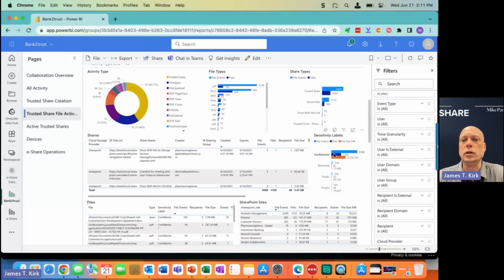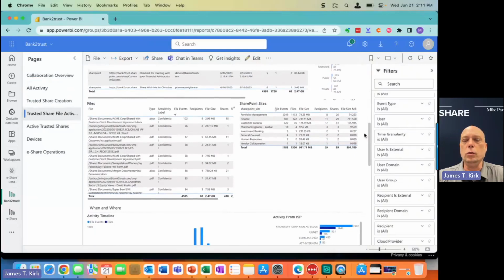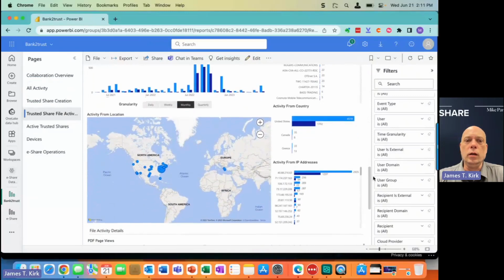So if I click on confidential data, you'll see that my entire dashboard converts to showing me what the activity was with my confidential data, right down to the individual file, the individual SharePoint site that it was accessed from, including where in the world it was accessed, what IP address, and so forth and so on.